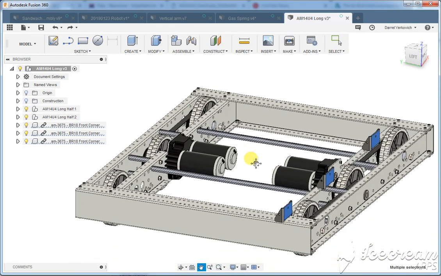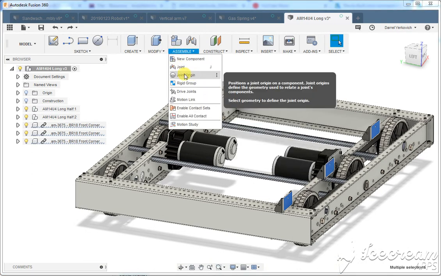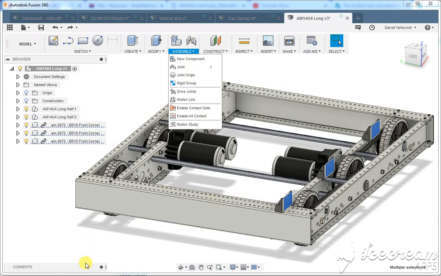normally I would just move components to where they need to go, and then I'd come into Assemble and go to As-built Joint, which should be between these two. I don't have it. Additionally, down here at the bottom, I don't have the normal timeline where I can extrude something. I can see that I extruded it, and then I make a new sketch on a face, and I see the sketch and all that kind of stuff,